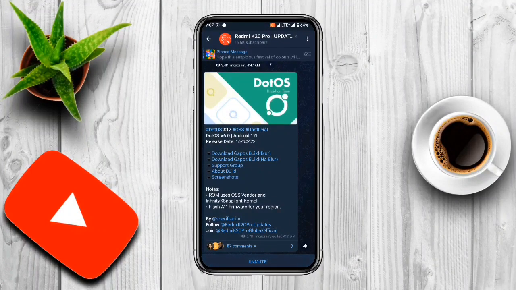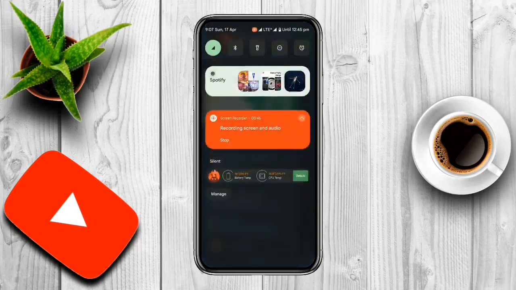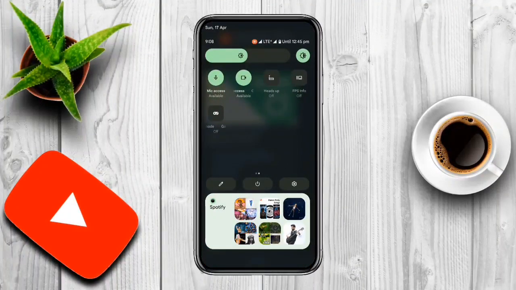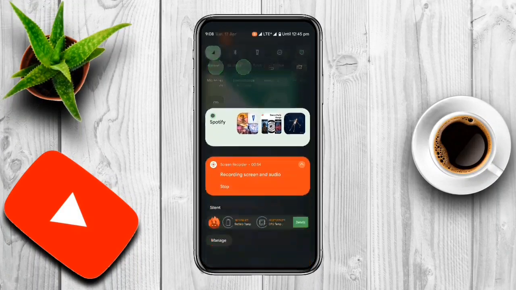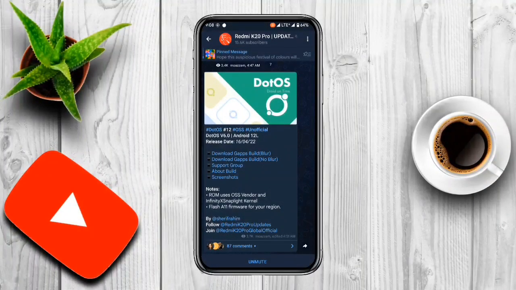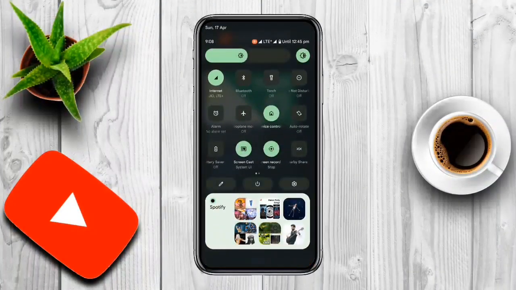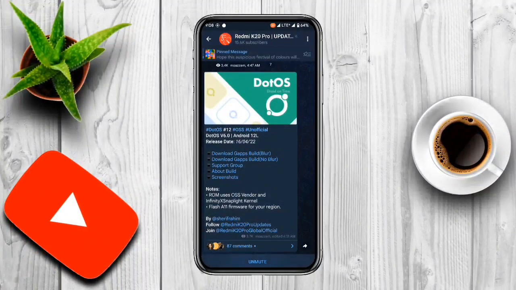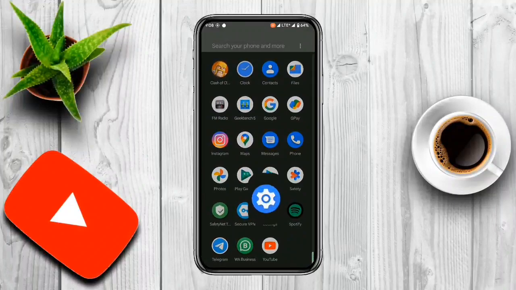So you see the blur build is like this. This is the blur build which I am using right now. You can see the quick setting panel, the background is blur, right? So this is the blur build, and in the no blur build, you will see no blur in the quick setting panel. So that's the difference. Okay, now let's go to settings,